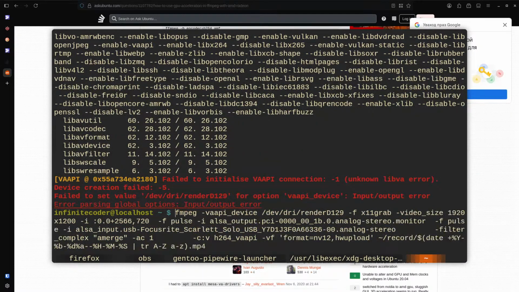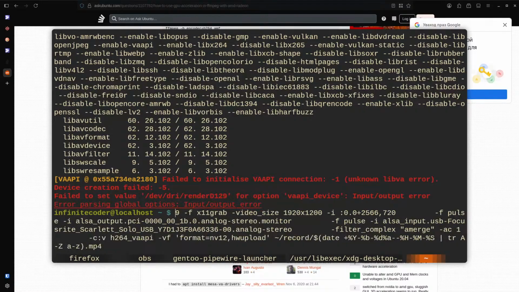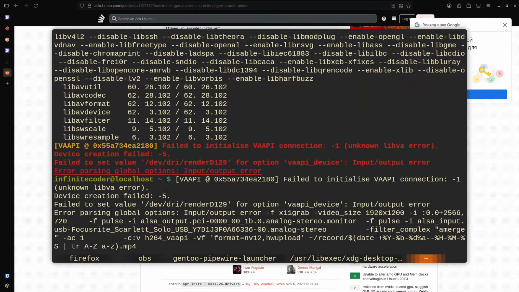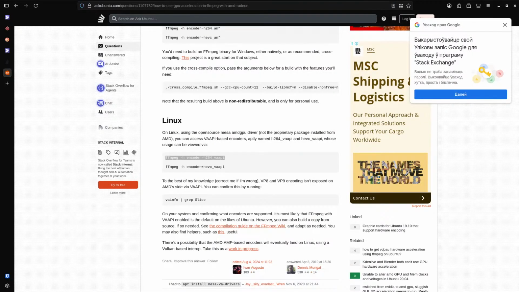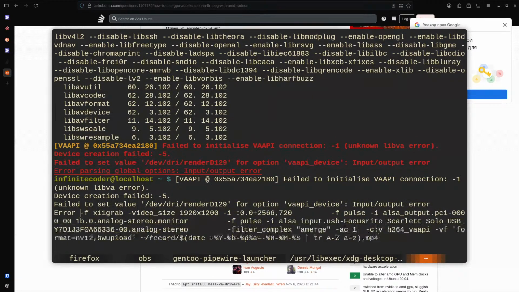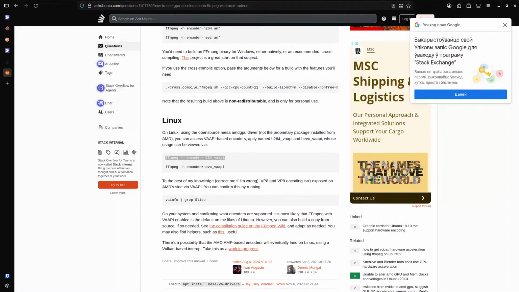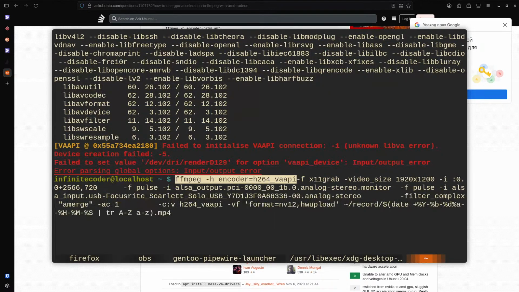I guess I can try stripping stuff away. X11 grab. Wait, oh, we don't have clipboard, do we? I mean, it's supposed to work, right? Yeah. Video size, FPS, also output doesn't really matter. Also input doesn't really matter.